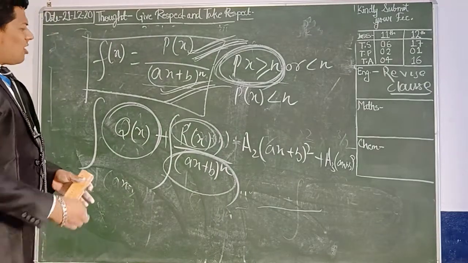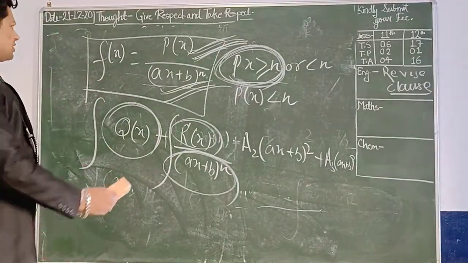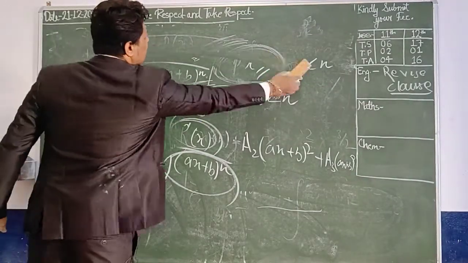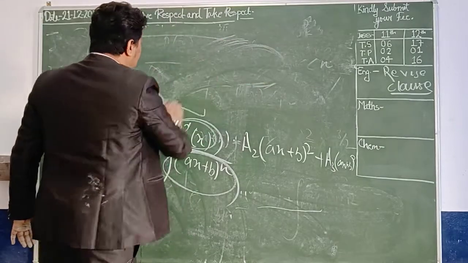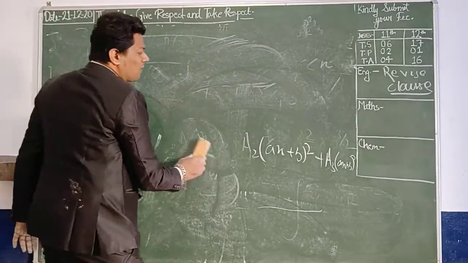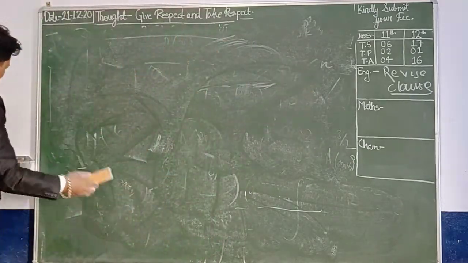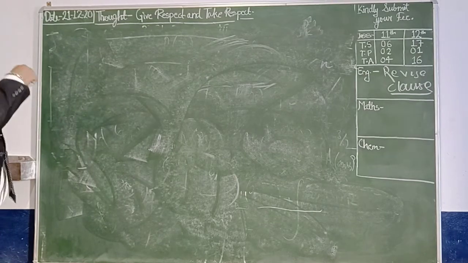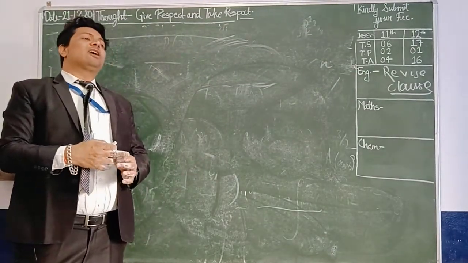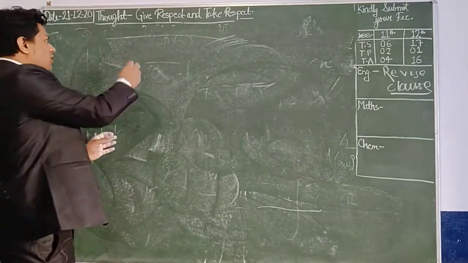So the concept will be clear when you go for more and more questions. Firstly, I am going to complete one special question for this. Many questions are there on this kind of formula. Mostly in CBSE, you are getting that Px is greater than or equal to n. The questions are coming on the concept Px greater than or equal to n. Px less than n is not coming in CBSE. Mostly the questions are coming on Px greater than n. So you have to evaluate the first question.